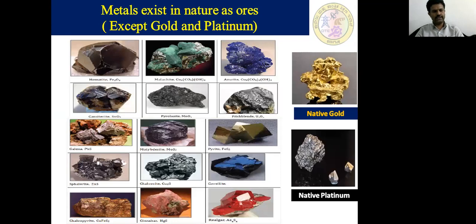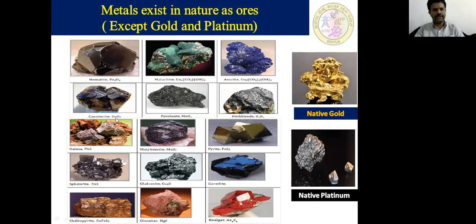So the next question is why metals undergo corrosion? As we know, almost all the metals do not exist in pure form, they exist in compound forms. You can see here hematite, Fe2O3, or any other different ore forms, malachite, here copper in the compound form, and copper again in a different compound form. These are all the ores of different metals.